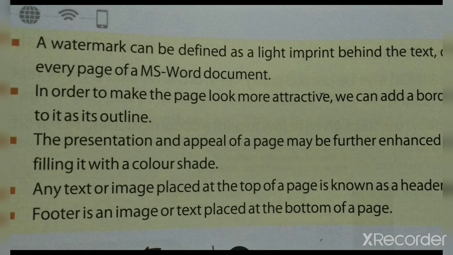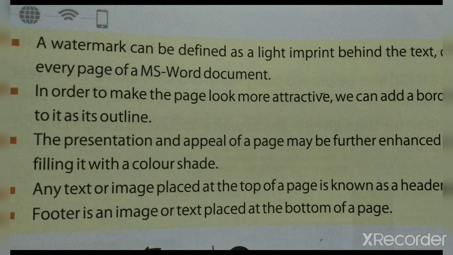A watermark can be defined as a light imprint behind the text on every page of an MS Word document. In order to make the page look more attractive, we can add a border to it as its outline. The presentation and appeal of a page may be further enhanced by filling it with a color shade.